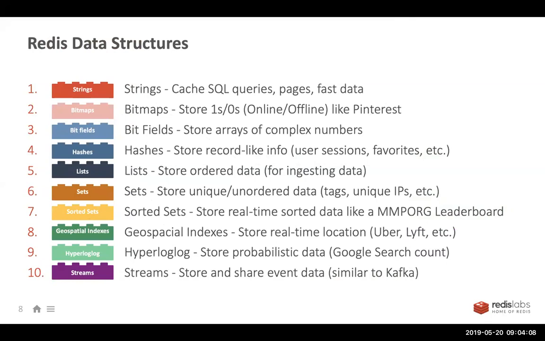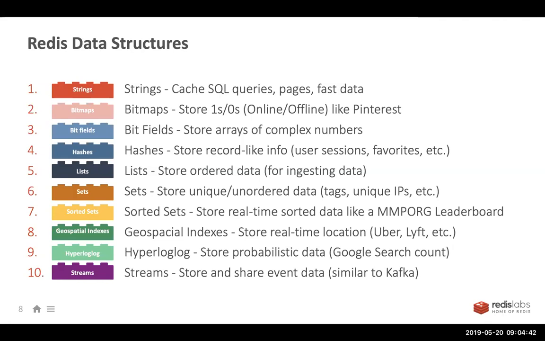So these different data structures give you things like caching SQL queries, storing ones and zeros in a big giant bitmap so you can know who's online or offline immediately, storing larger numbers in one key, hashes for things like user sessions, lists for using stored data in the order they were received, like a queue, sets for storing unique values,